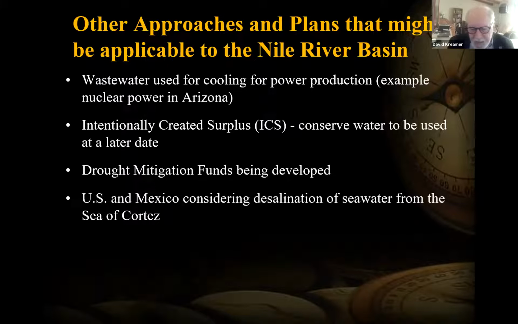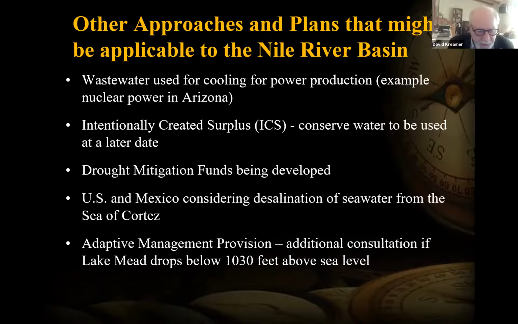And the Colorado River actually gets saltier as it moves down toward the sea. There's already some desalination that goes on near the U.S.-Mexico border to ensure that there's fresh water going to Mexico. But the idea of doing a mass-scale desalination on the Gulf of California is an idea that's being developed right now.